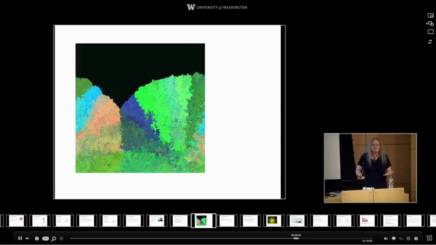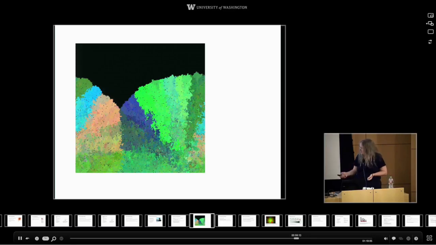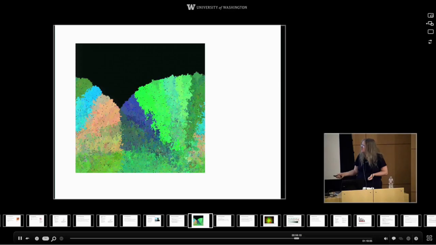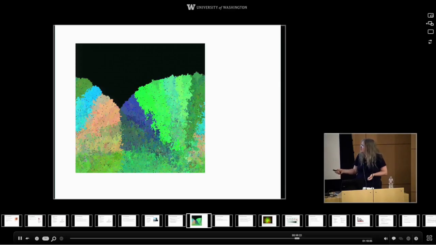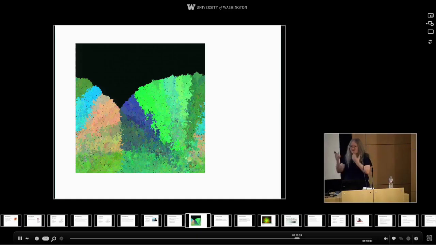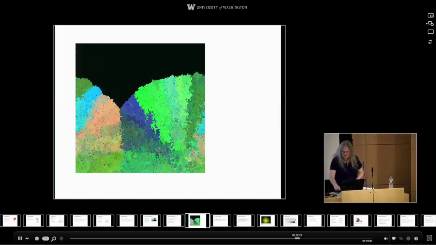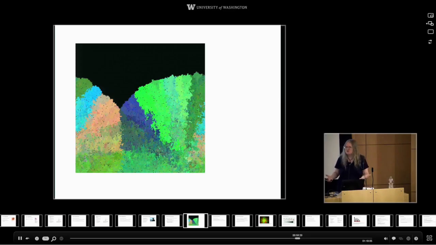Each different colored patch is cells that contain quite a few mutations that are not found in any of the others. So we go from tiny patches carrying different mutations to big sectors all sharing the same set of mutations as the tissue spreads up the esophagus. And again, this is without any advantage or disadvantage to those mutations. That's just the neutral process taking place.